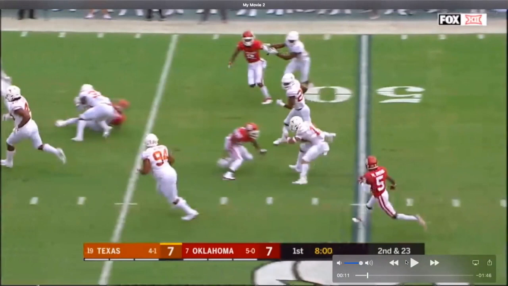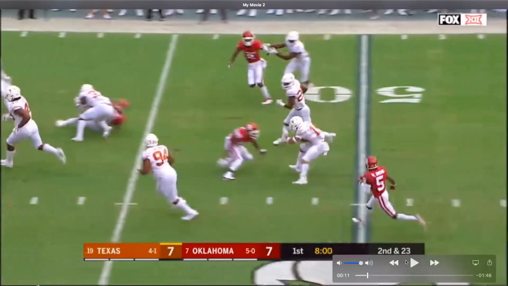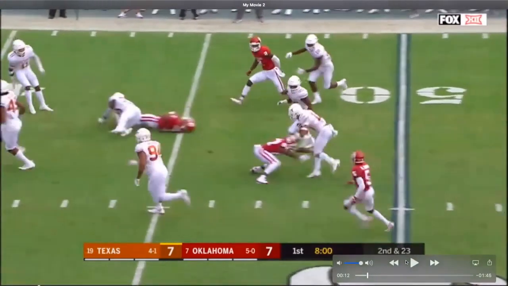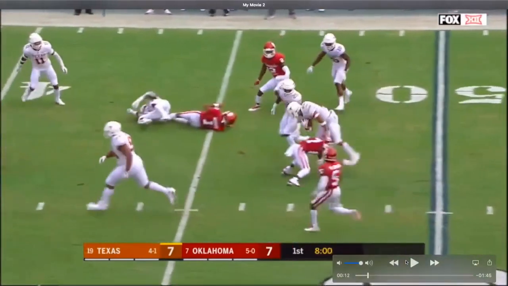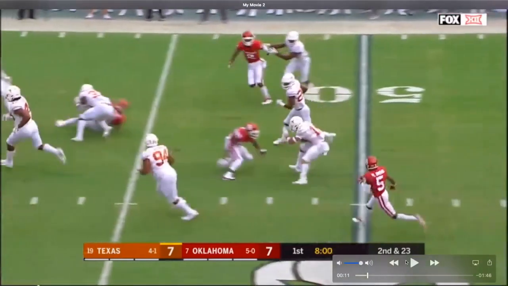There's other angles that showed there was actually no contact at all. So number 33 in the white jersey just kind of rushes him down and kind of falls over him without real, if there's any contact, it is so insignificant that this doesn't rise to the level of a foul. All right. So it's a good learning play because,